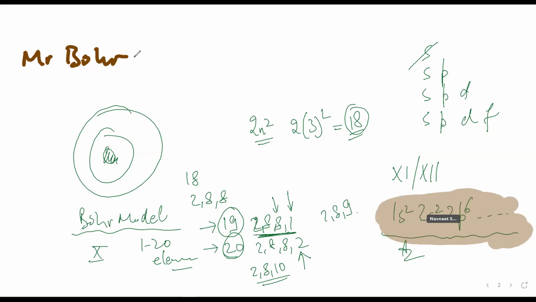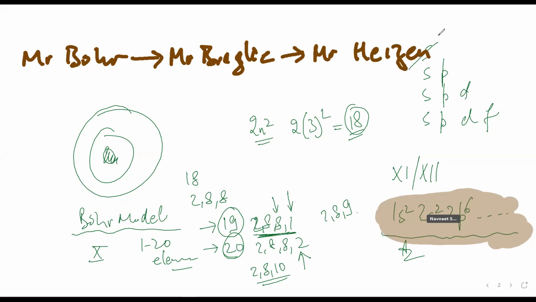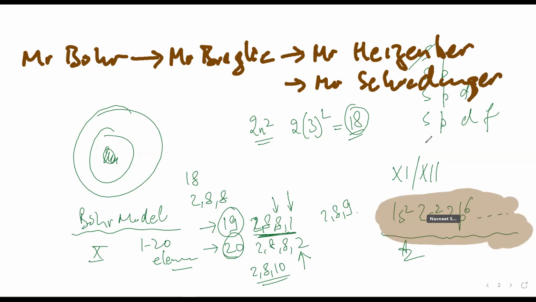So they'll be talking about a lot of scientists. Mr. Bohr had come. They'll tell you some story about Mr. Broglie. They'll tell you some story about Mr. Heisenberg. They'll tell you a lot of stories about Mr. Schrodinger. Frankly, most of this would seem like utter nonsense to you. And it is absolutely okay. Don't get worried. Because it won't make sense to you unless and until you know